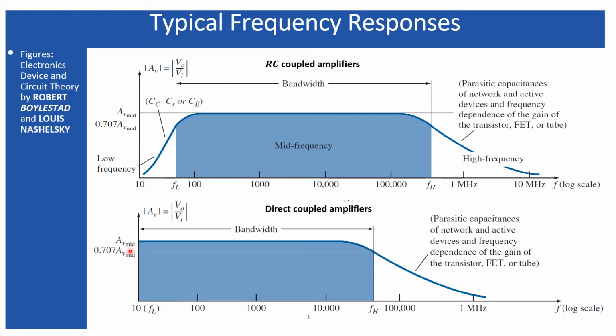So definitely the direct coupled amplifier has a higher frequency range than the RC coupled amplifier, provided you are using the same or a similar amplifier while comparing these two responses. So why am I telling you these things? In order to make you understand that this lower cutoff frequency of the RC coupled amplifier is appearing due to